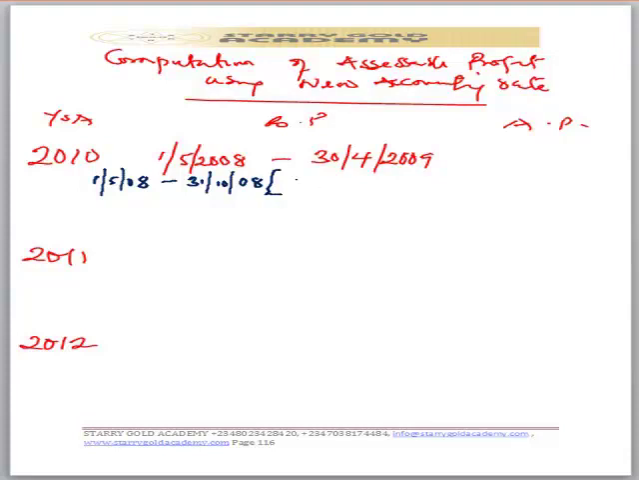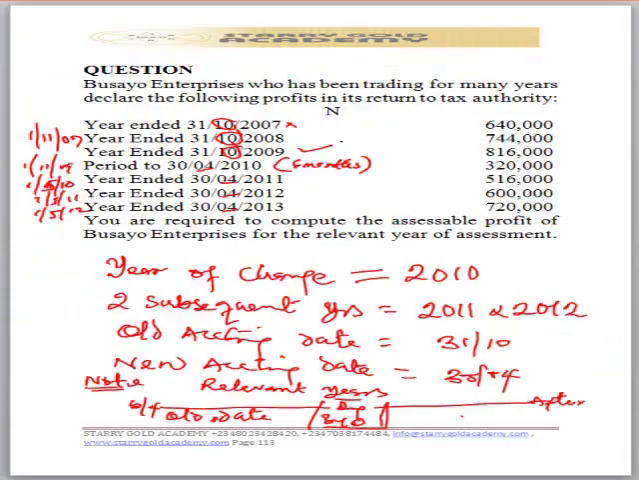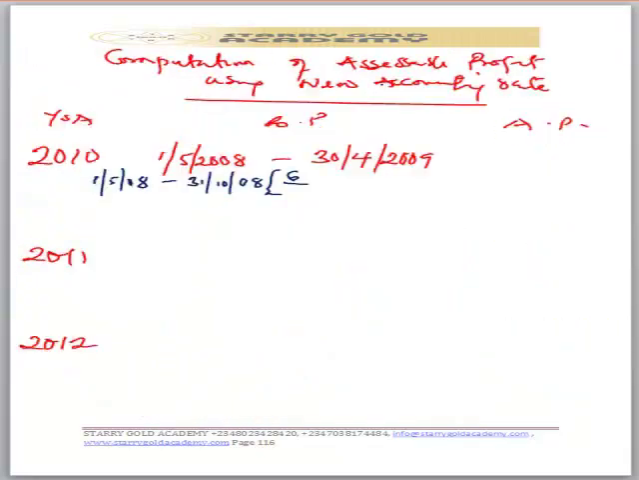That's 6 months. 6 months out of how many months and how much? Where are we picking? We are picking from here. 744,000 times 6 over 12. That's going to give us 372,000. So the remaining period I need now will be from November